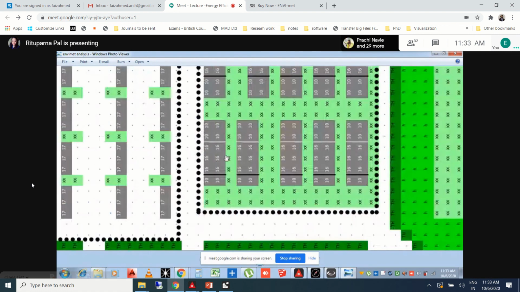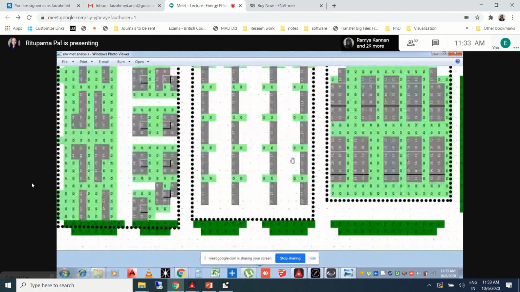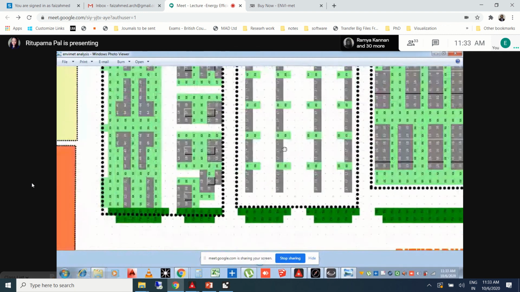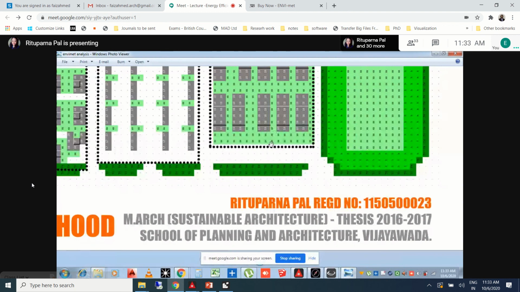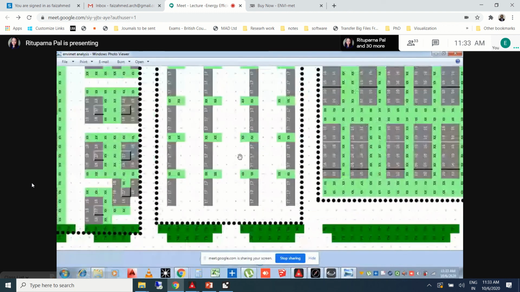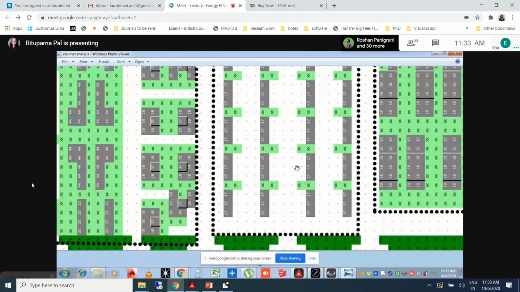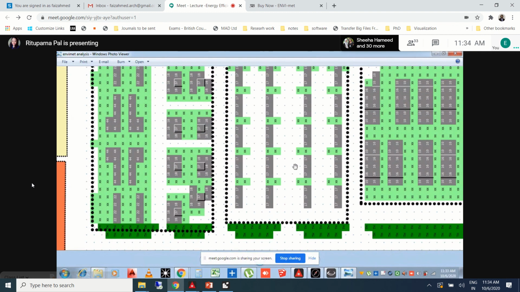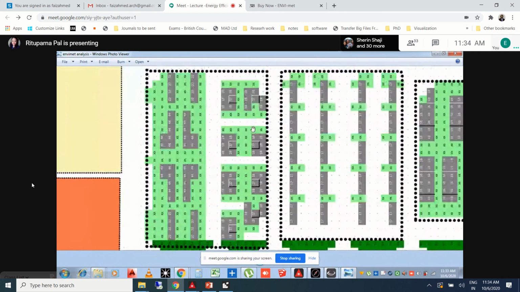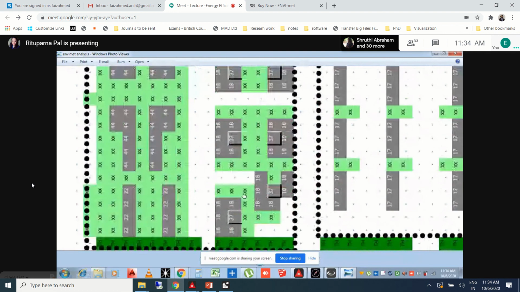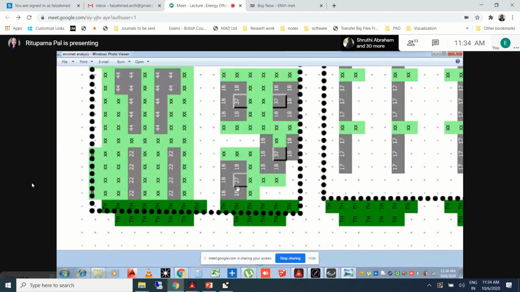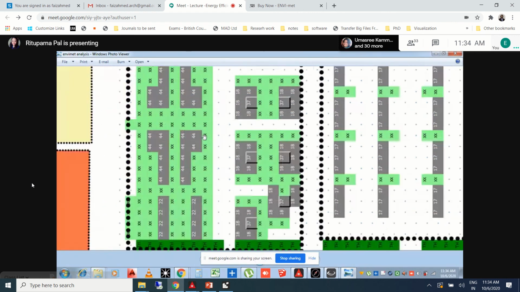So all these trials have been done in order to obtain a neighborhood which was energy efficient and which was catering to minimum temperature and maximum wind flow, because in warm and humid areas we require more wind flow rather than any other conditions, and to reduce the relative humidity. So on that basis, I worked out different layouts. Like in this case, you see this is 37 and the rest is 18. So this is a kind of tower formation, which is enabling the other areas. This is not an ideal thing, but this was my thesis work.